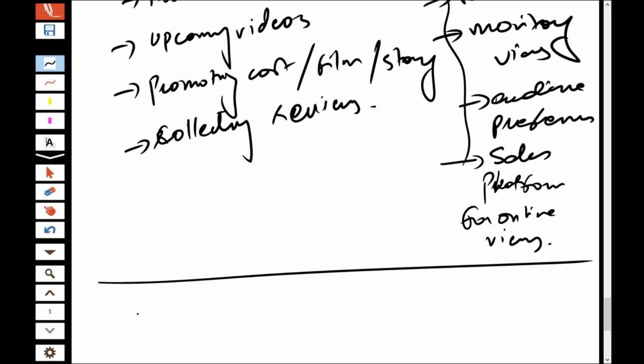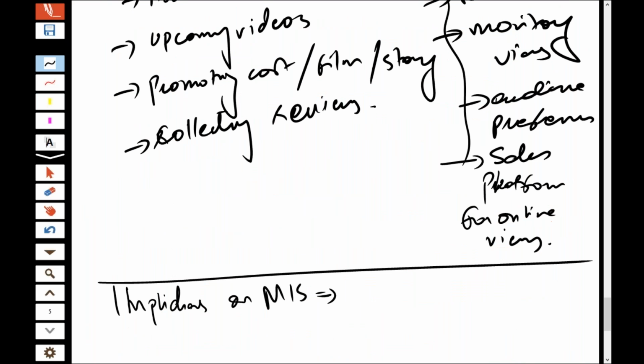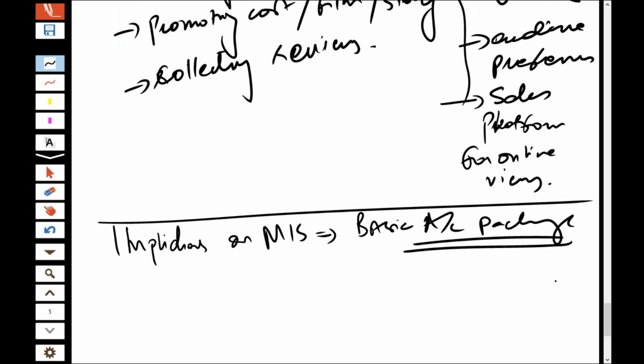The second thing is, it says what are going to be the implications on your MIS. You see, the current system, we are being told that the current information system is the basic accounting package. So the basic accounting package has got limitations. It cannot produce information. It cannot produce detail. So the implications on your MIS is going to be